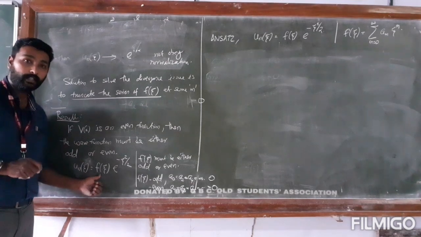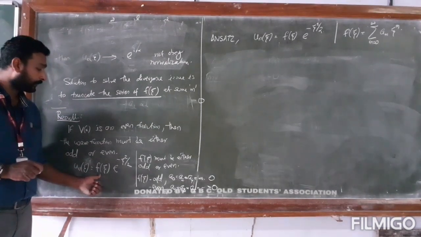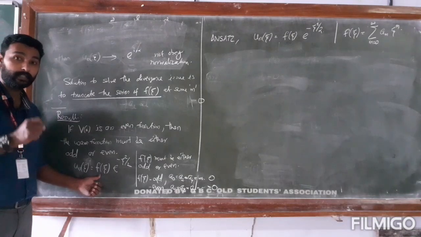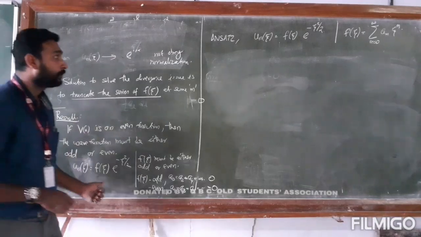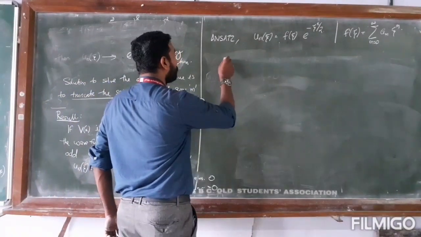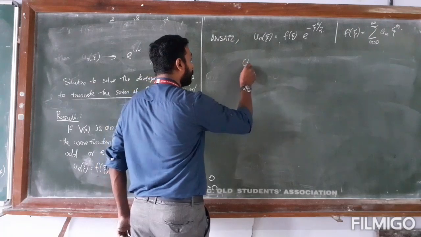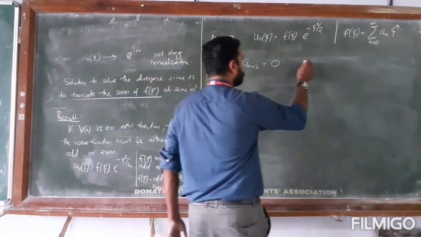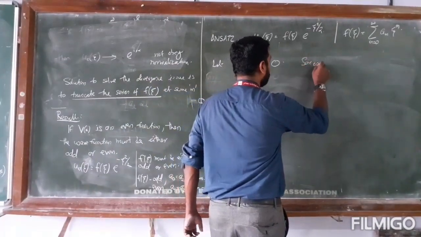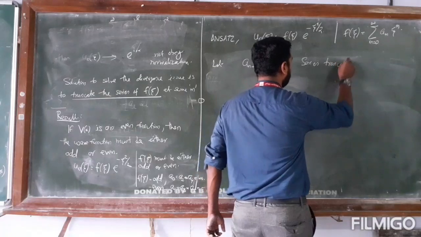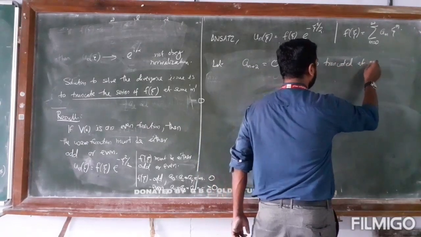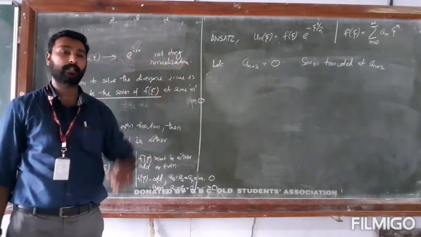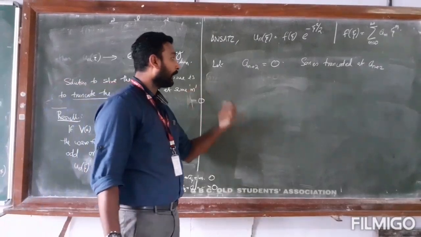I found that f of theta cannot go to the summation of some series to infinity. It should truncate at some point. Okay, so f of theta must be truncated. So let us suppose f of theta is truncated at n plus 2. Let's put a_{n+2} is 0. If a_{n+2} is 0, then all other higher terms will be 0 because a_{m+2} and a_m